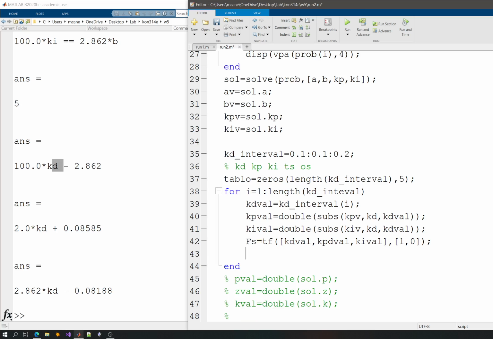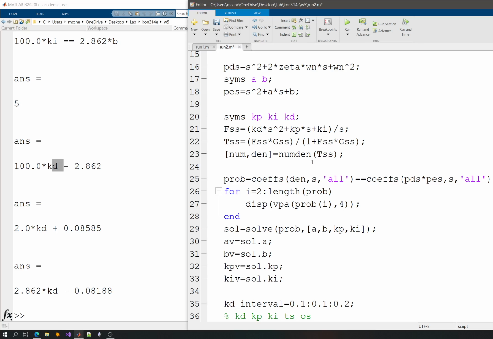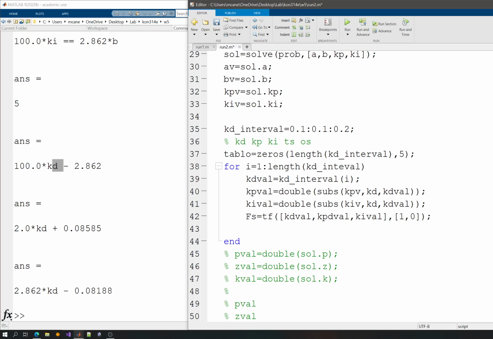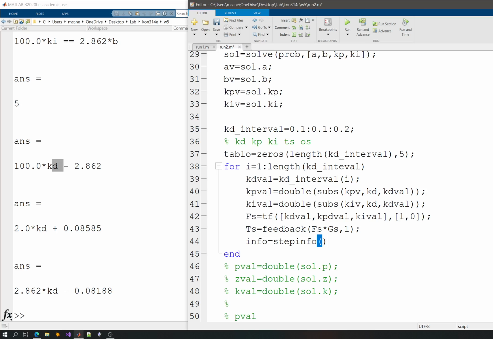And I have defined ys previously, I remember that. Okay, basically at this point I can construct my feedback, fs times gs, comma 1, and I can use info equals stepinfo. I'm not even looking for the graphical representation of the step response here, I'm just giving it the step info. So info.Overshoot